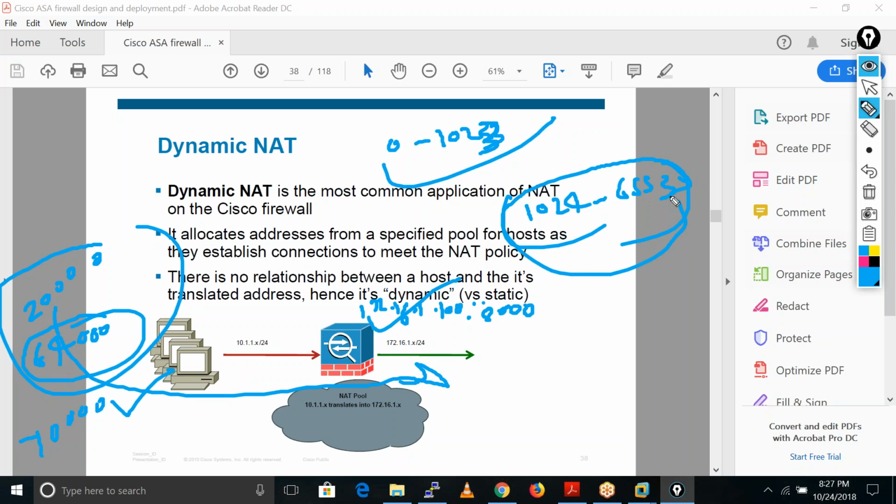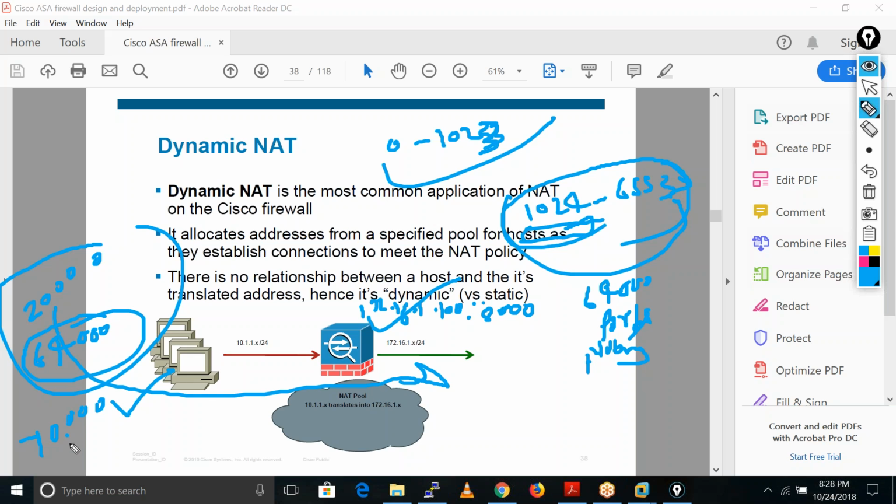Up to 65535. But around 1,000 ports are reserved, right? These are the well-known ports. So translation will start from 1024 onwards till 65535, which means we have around 64,000 port numbers to do the forwarding.